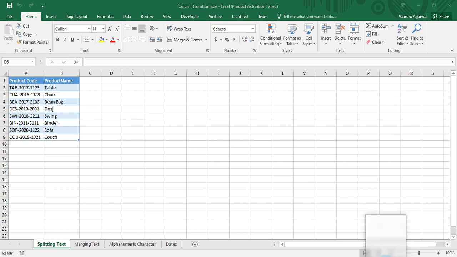What column from example says is that if you want to extract something or perform any operations over the data in Power BI, you can simply provide a sample pattern, and we will perform the same operation over all of the data. So this is what column from example stands for.